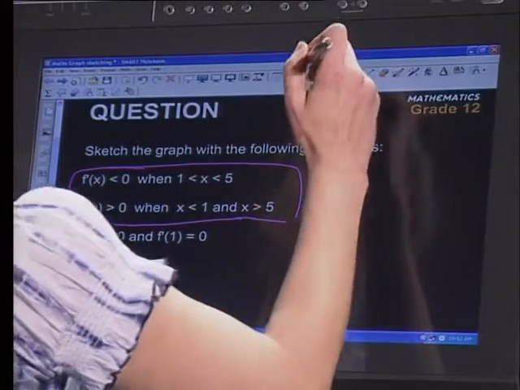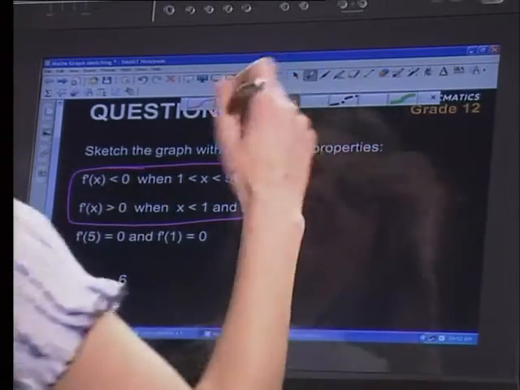Right, so what I'm going to do is make a rough little sketch on the side for myself so far, just to remind me of what's going on. So I'm going to say, right,